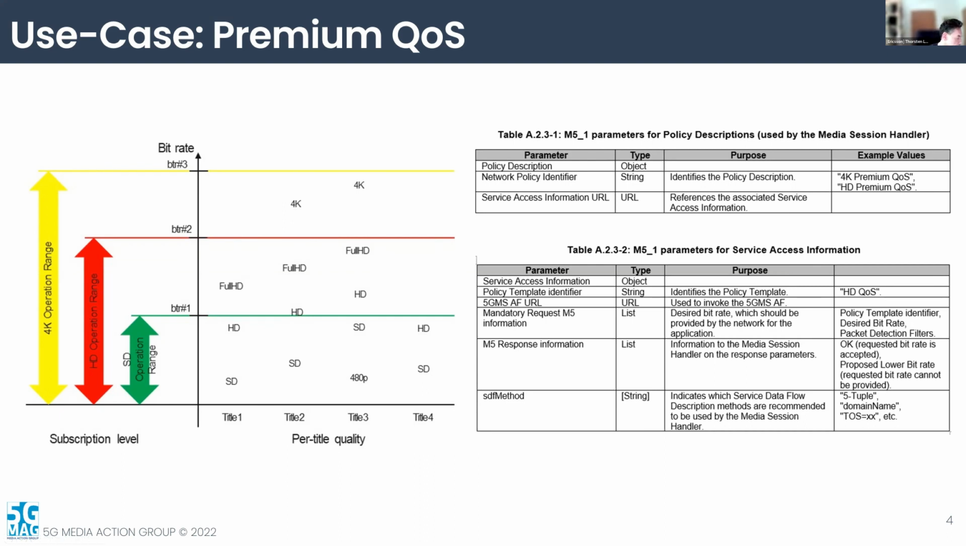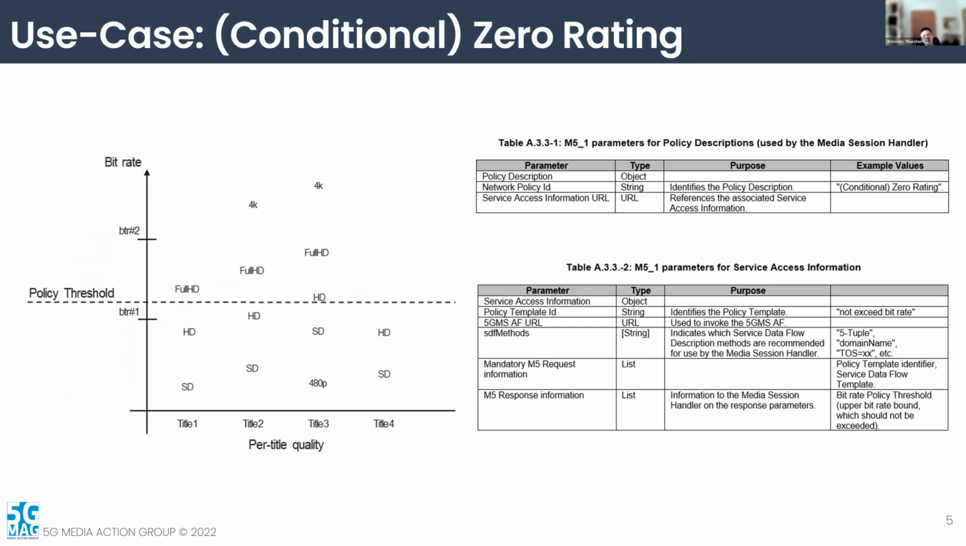Right. The next use case is more unconditional zero rating. The idea here, as a concept, is that a conditional zero rating is possible. Basically the service access is free of charge or low of charge when the quality is below a certain threshold. So for instance, even if you have a certain high quality service available, the user basically accepts to watch the content only in HD or in a lower quality